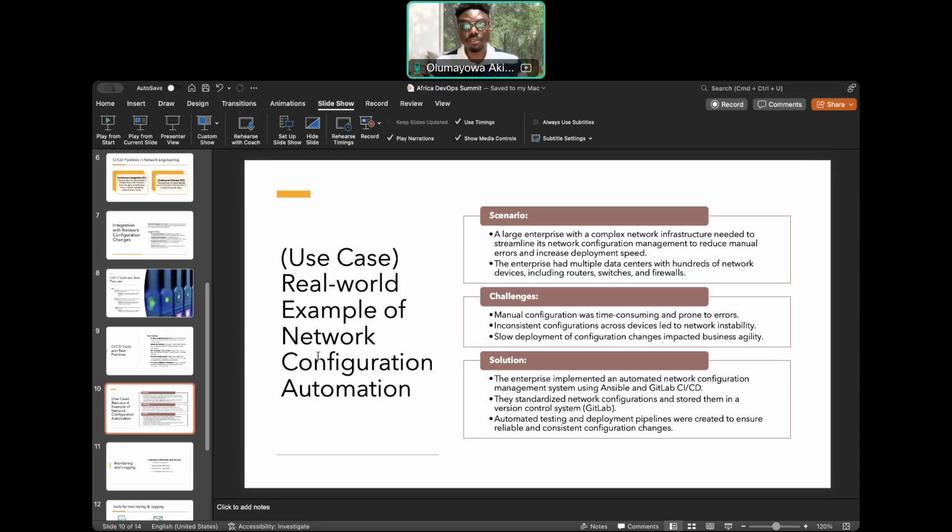Boom, everything comes up within a certain number of minutes. So this is a real-life scenario of how network configuration automation, or DevNet, works. It helps us configure several nodes, several agents, or several devices within the shortest period possible.